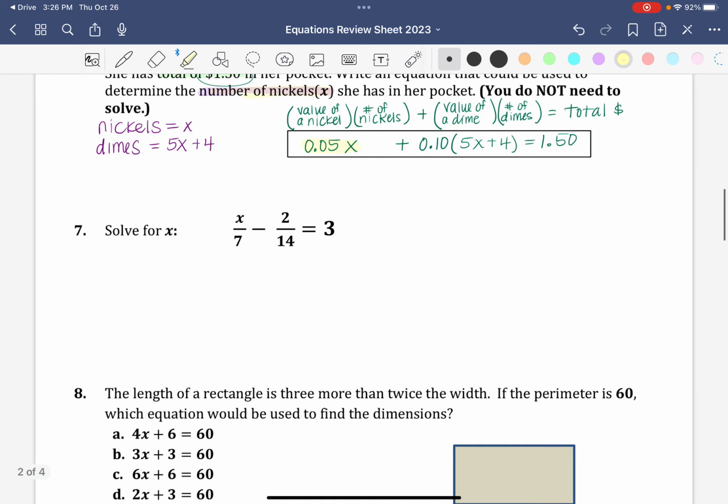Okay, let's take a look at number 7. Number 7 is going to show up as a free response question. Now, there's different ways to do this. So if you are working with a tutor or a lab teacher or an extra help and you did it slightly differently, as long as you're getting the same answer, that's going to be fine because there's multiple ways to